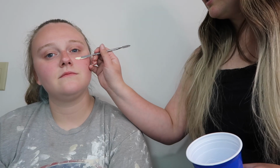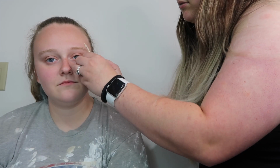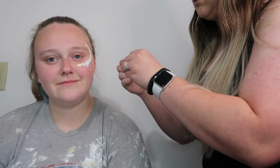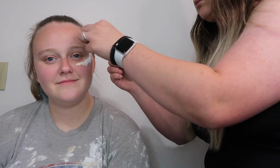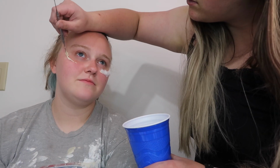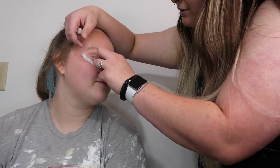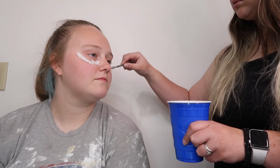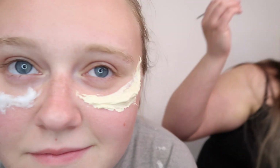Starting off, I'm just showing you the contacts that are in my eye, which are the Magic Red by TTDYE. And then we're going to start off. We were doing a matching makeup look this day, and I'm starting off just taking liquid latex, and I'm not gonna lie, this is like last year's liquid latex, so it has thickened up a lot. If it wasn't this thick, I probably would have mixed a smidgen bit of baby powder in it, and then it's kind of like a